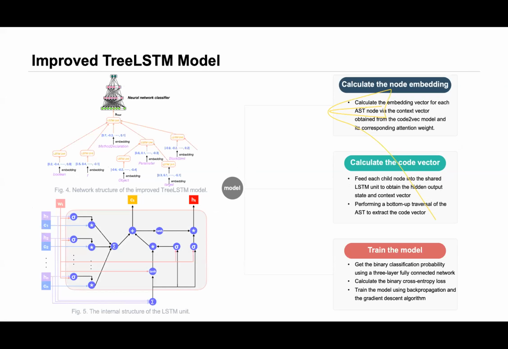Since the difference between defective and non-defective code may be only a few changes of node position in the AST, only considering the path context is not enough. We need another feature extraction method which is more sensitive to changes of the AST structure.